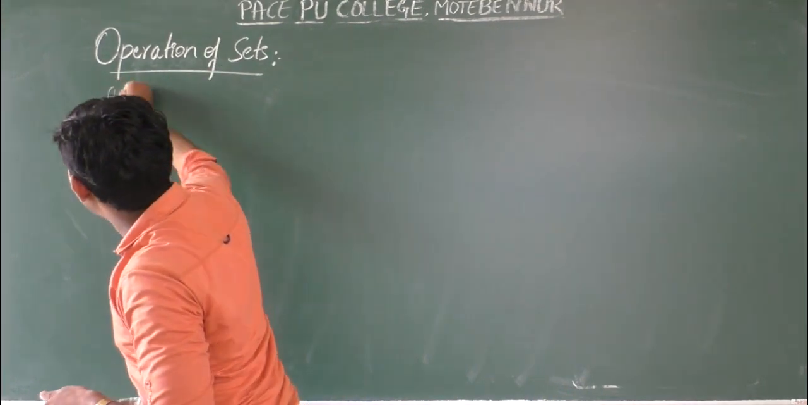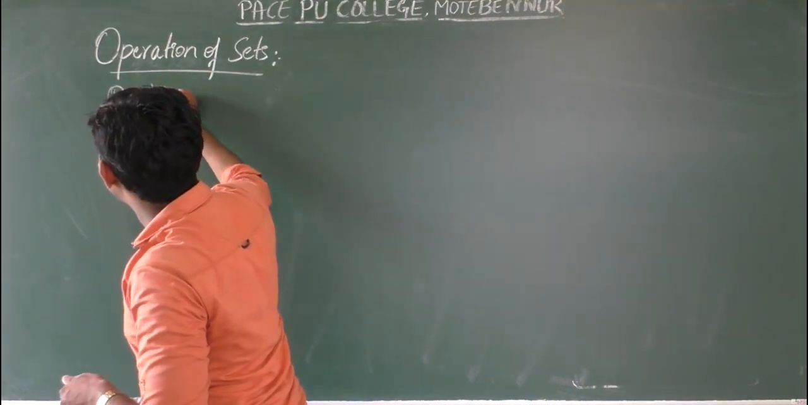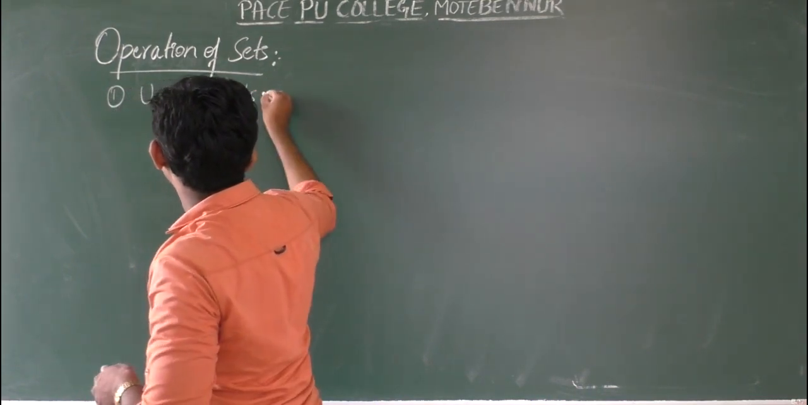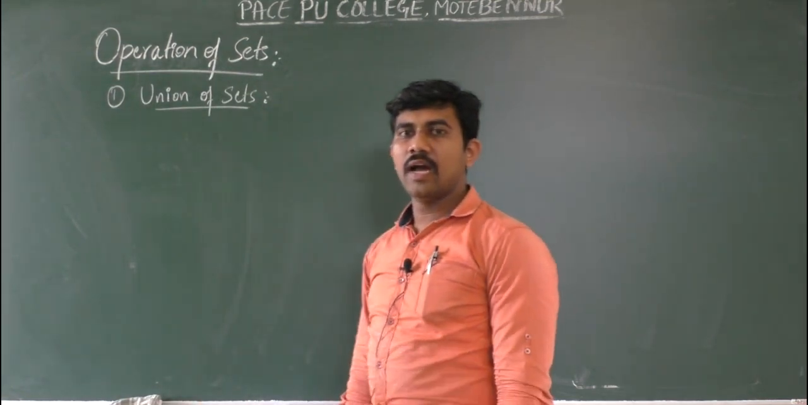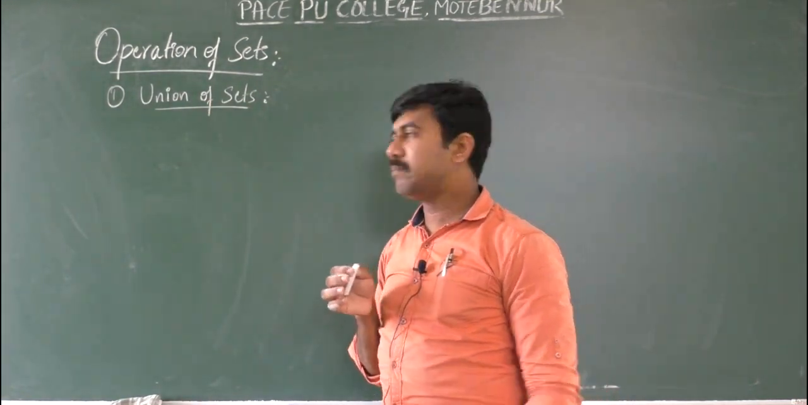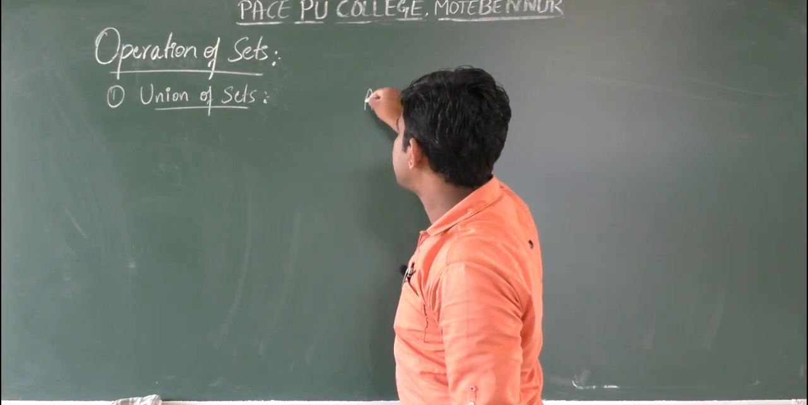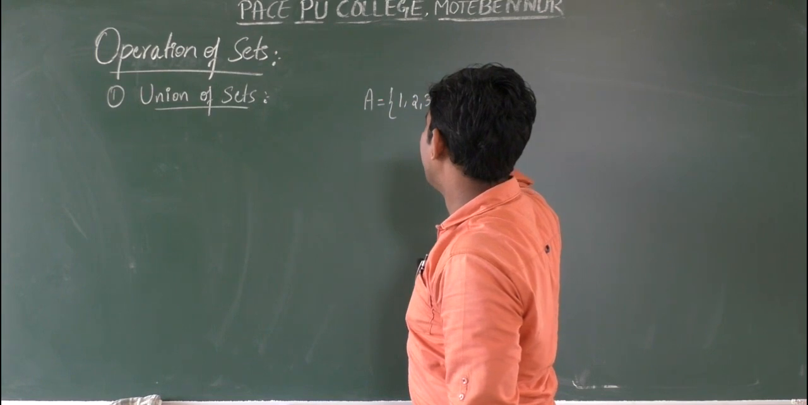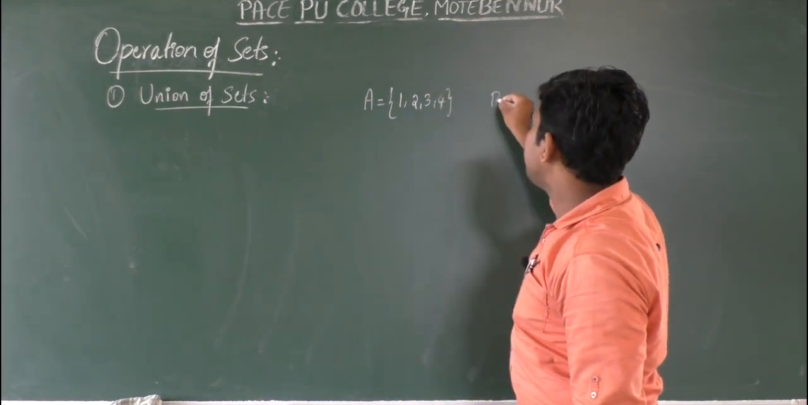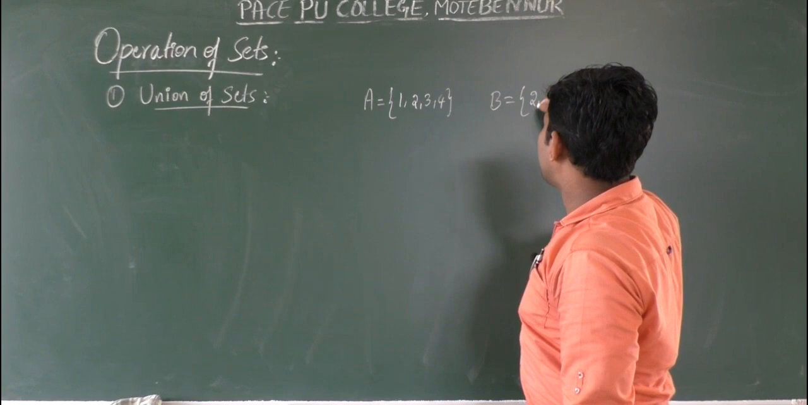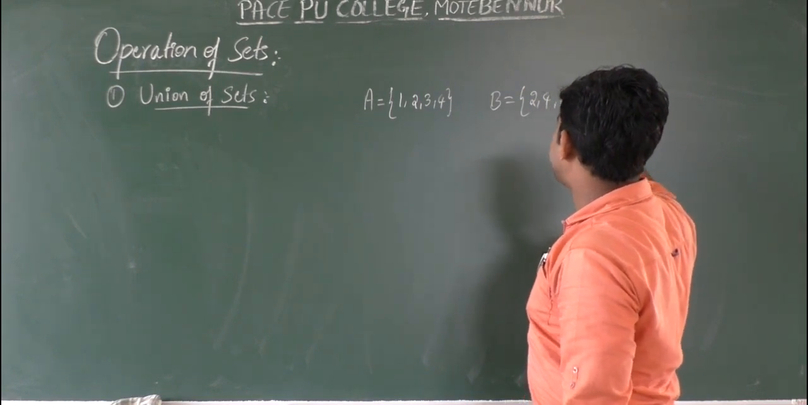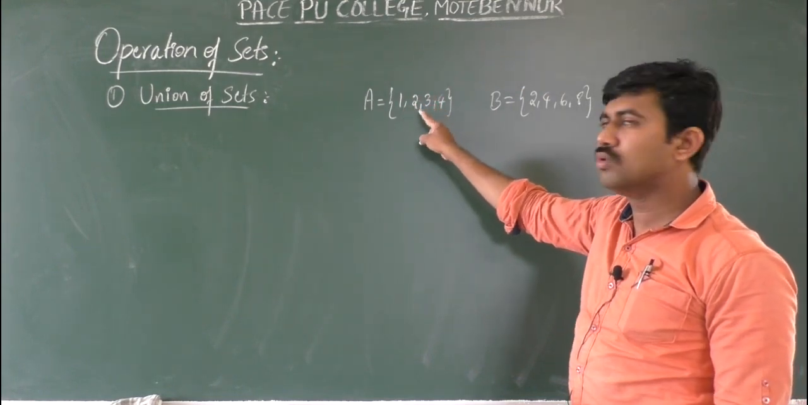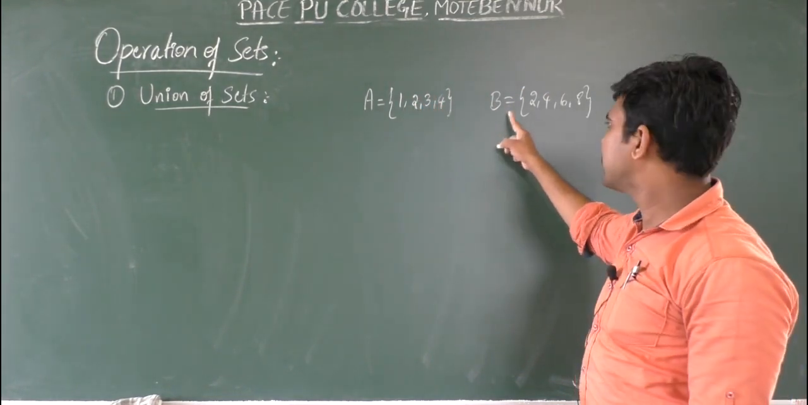Say the first operation of the set is union of sets. Union of sets is the first operation. I'll explain this by one example. Let me consider two sets. The first set is A is equal to set of all 1, 2, 3, 4. And the second set B is equal to set of all 2, 4, 6, 8. So we have two sets. A is equal to set of all 1, 2, 3, 4 and B is equal to set of all 2,